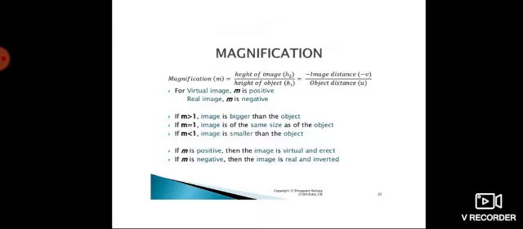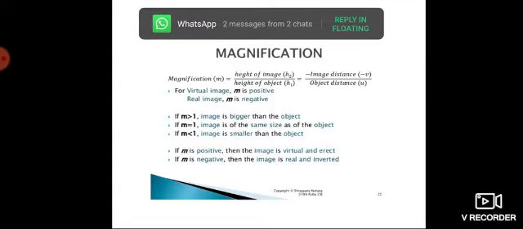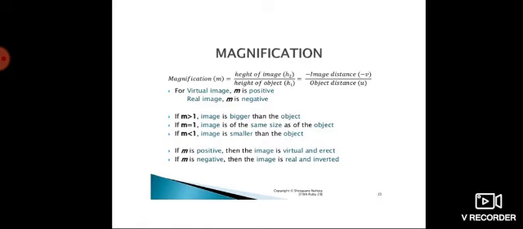So by looking at the magnification, we can understand what kind of mirror is being used to form this kind of image. If a question is given wherein they have given different magnification values, they may ask you to identify what kind of mirror is being used to get that particular image. So if m is equal to 1, it is of the same size, and that again will normally be a concave mirror. A concave mirror has the capacity to form an image of the same size and a bigger size also. So if m is equal to 1, the image size and the object size are the same, and the mirror used is a concave mirror.